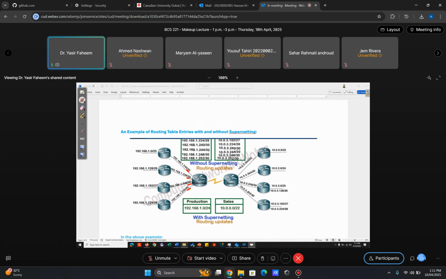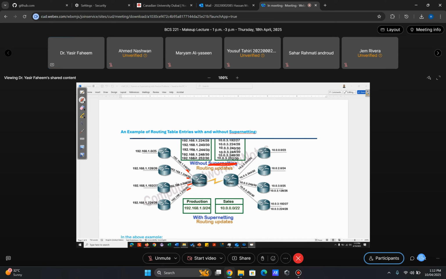As we go towards the internal parts of the network, different subnetting is being used. Now, imagine we do not do any supernetting, we don't combine anything, then the production router will have to keep all these network IDs in its table. It needs to keep a path to